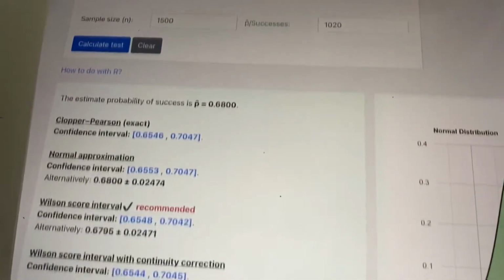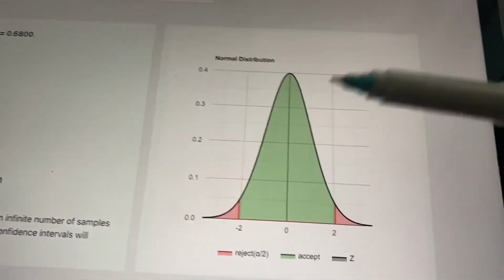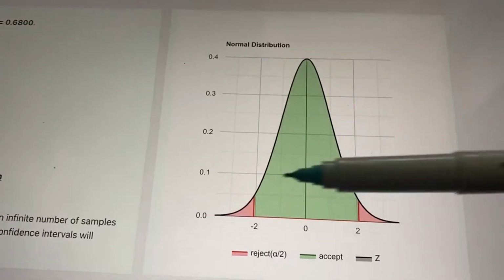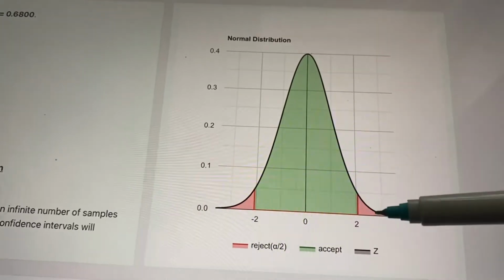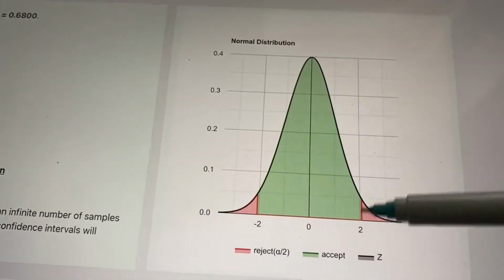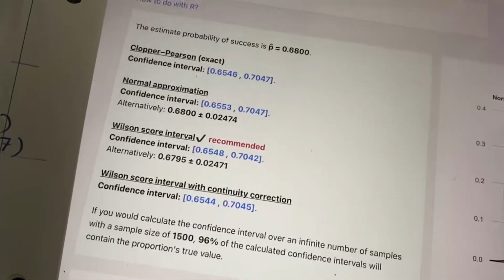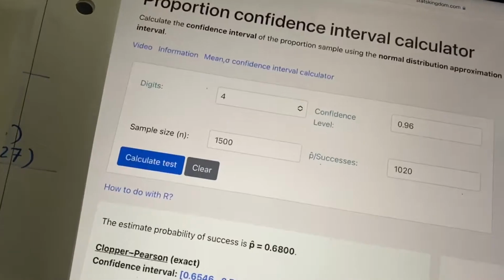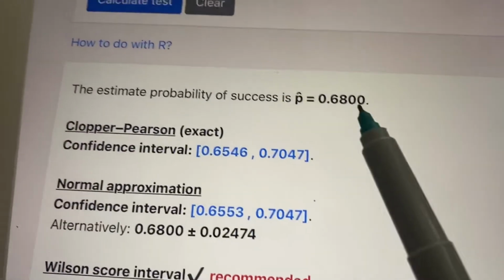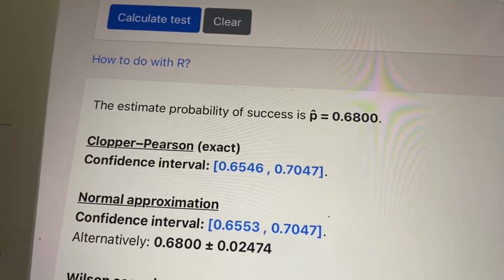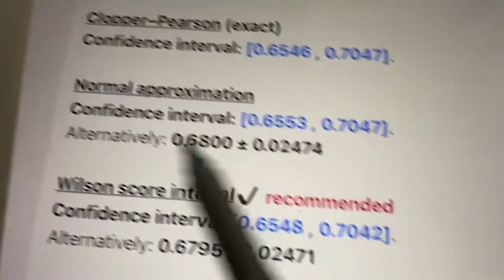And what's really neat is I love how some of these websites really lay this out here. I was trying to explain some of this in class. So this is the 5% of the area, or not 5%, now it's 4. So 2% and 2% is outside, and this area is 96%, right? So I get the estimate, the probability of success, and ooh, this is giving me some, using normal approximation, which is what our